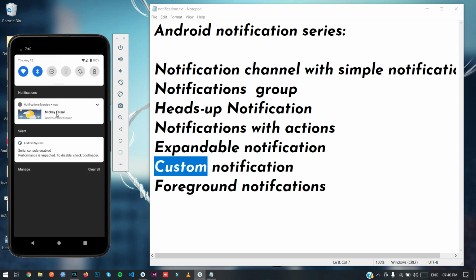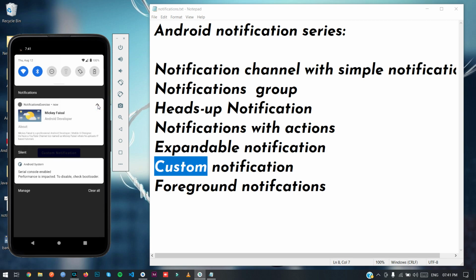If you collapse the notification, you can see this first layout. Here I set an image and two text views with different kinds of values. So when I click on expand, here you can see that I have expanded the notification and the content is different, and the notification is expanded.